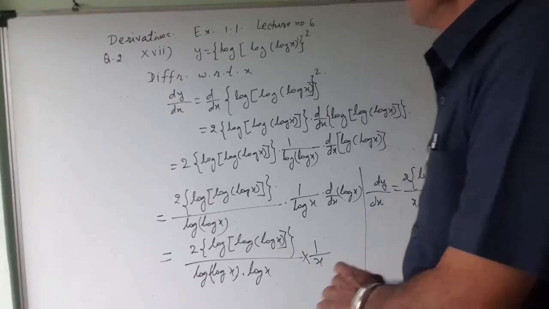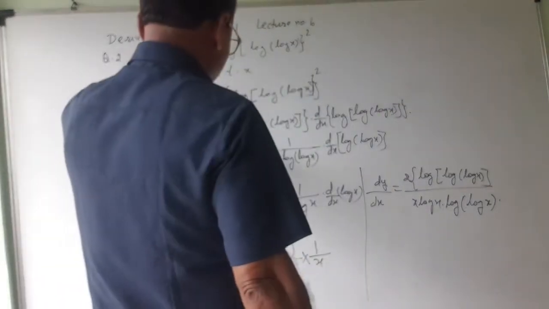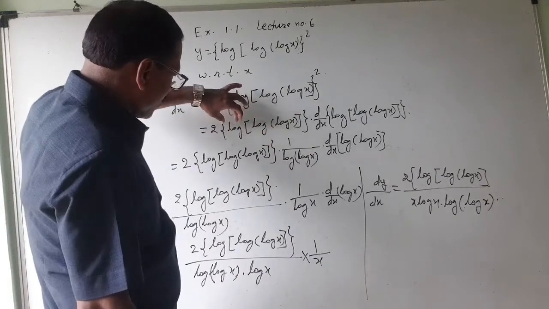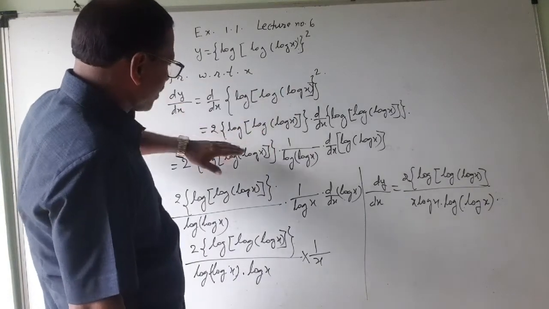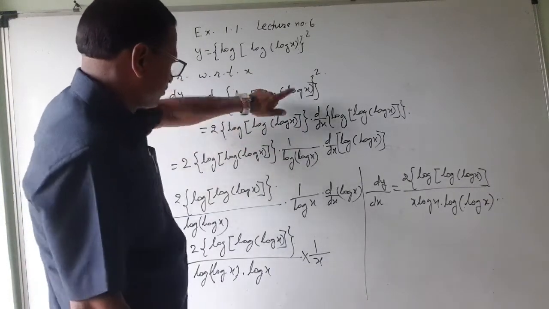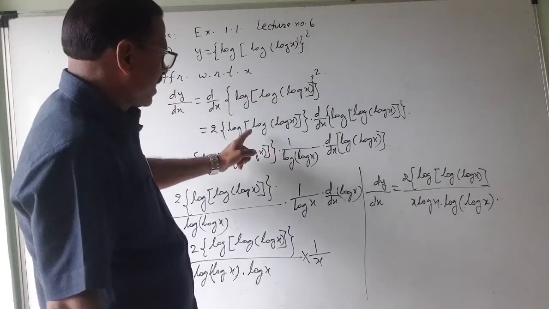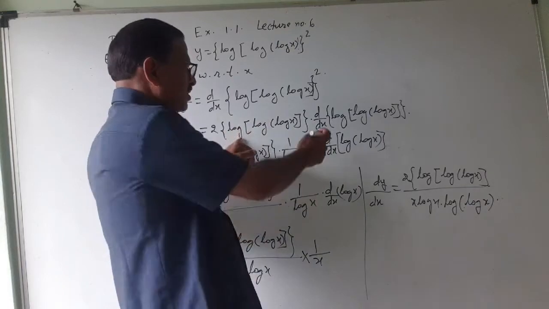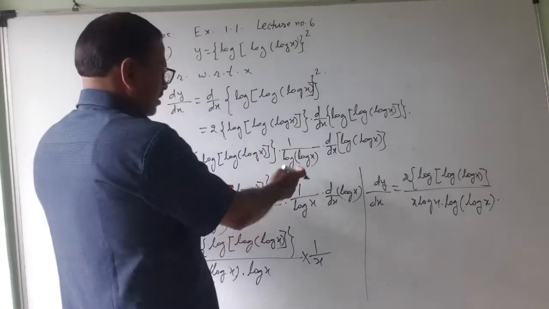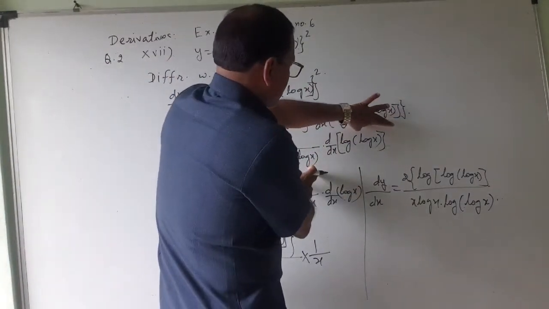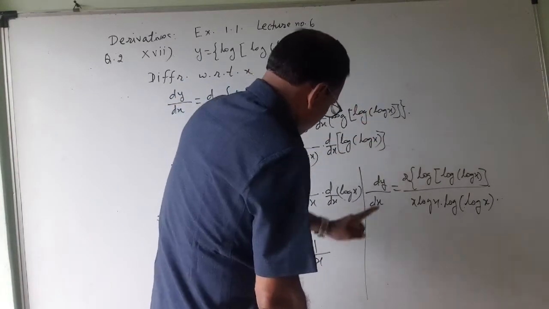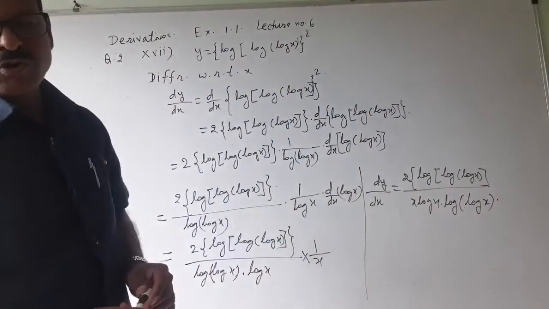Check it. First the derivative of this log. This log derivative is 1 upon what? This power function is completed. Afterwards, how to take the derivative? Take the derivative of this. Derivative of this log will be 1 upon this much part, then of this 1 upon, then of this 1 upon. This way you have to go in the sequence.